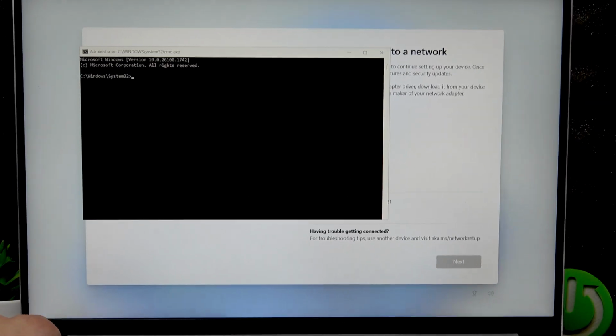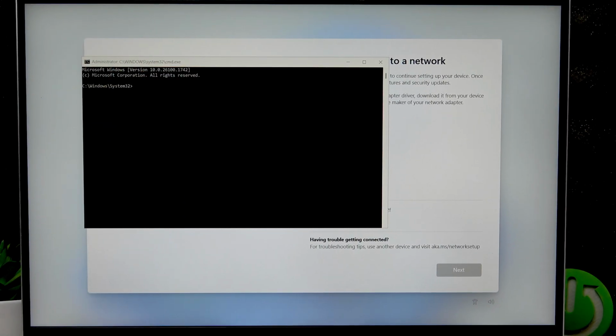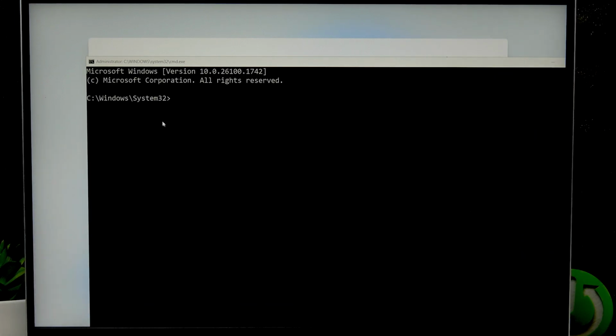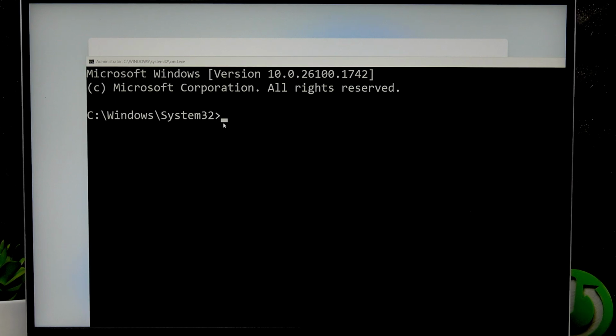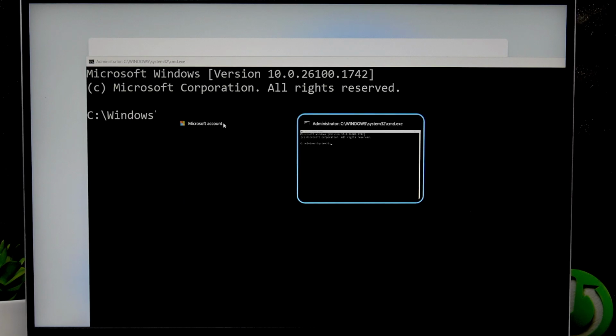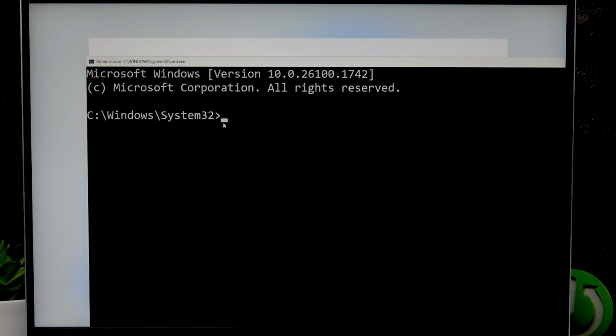Okay, and then what you have to do is input the following command into this window. I didn't mention that to switch to this window you have to use the Alt Tab combination of keys. So Alt plus Tab, select the CMD window, then release the buttons, and in this window input